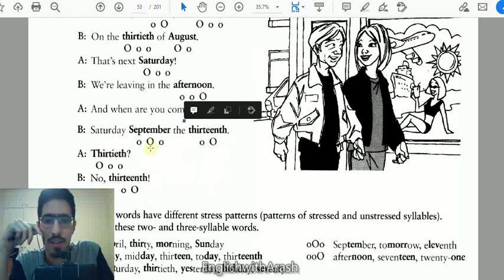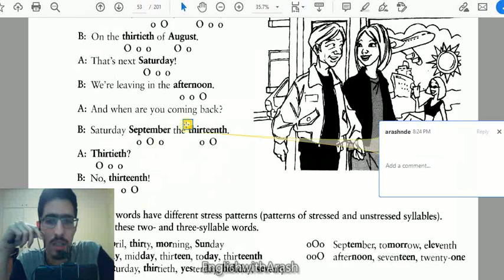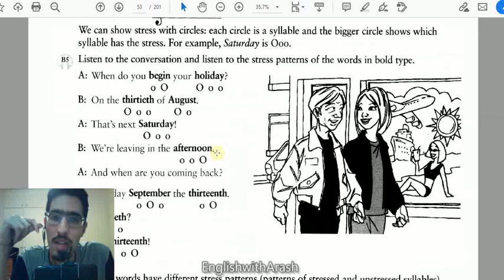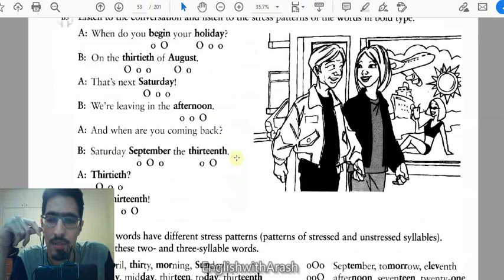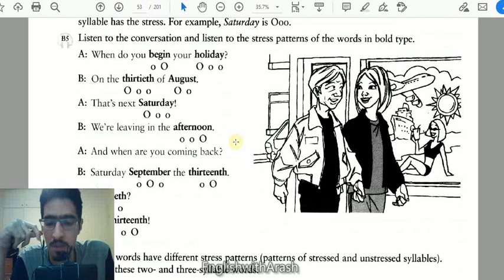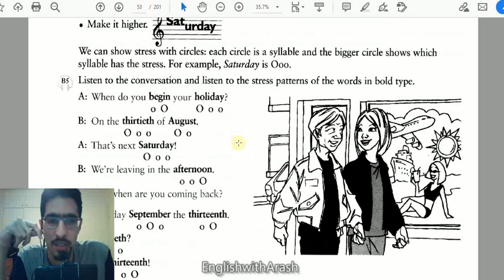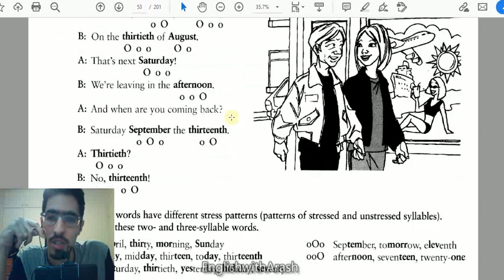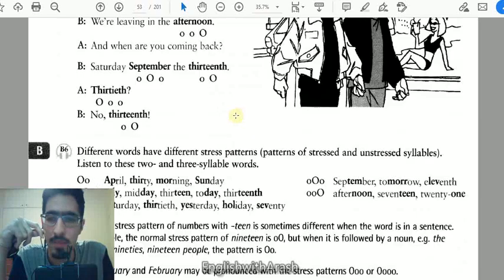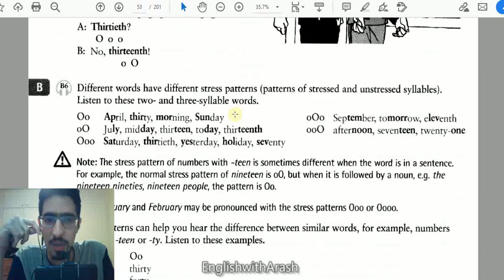So that was the conversation we had, and we were using that into stress patterns. You see how much we use them, those stress patterns in our speech, but we oftentimes don't pay attention and we sound not correct and we sound kind of hard to understand. So it's good to try to put that into practice. The next part, you have some